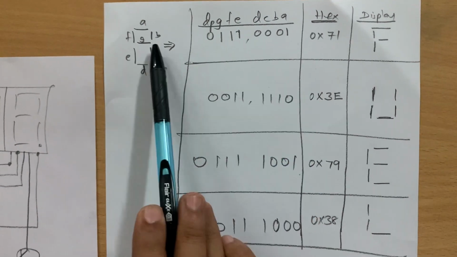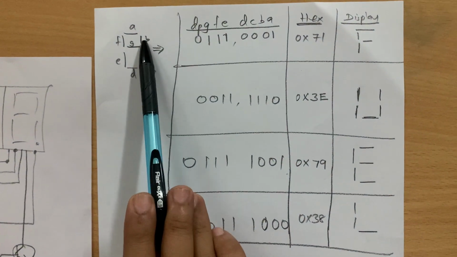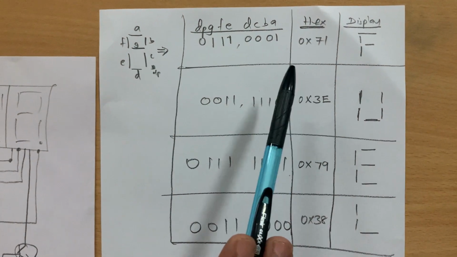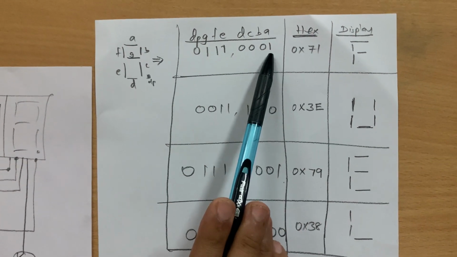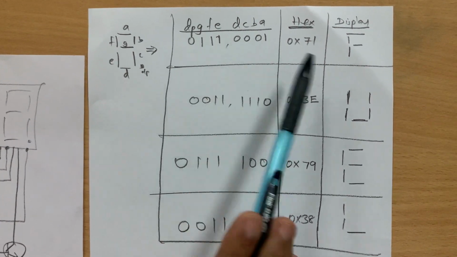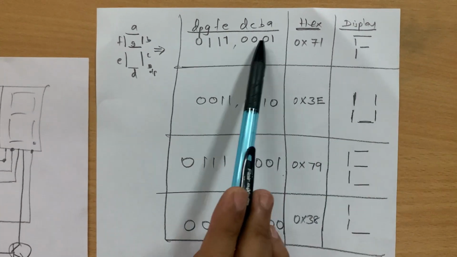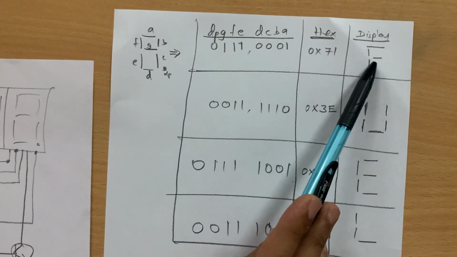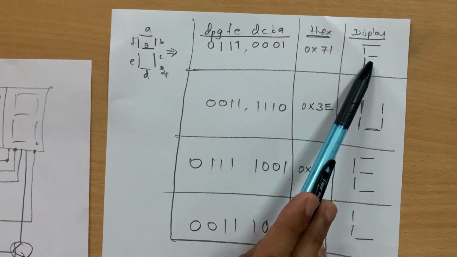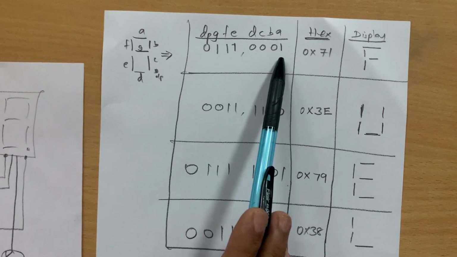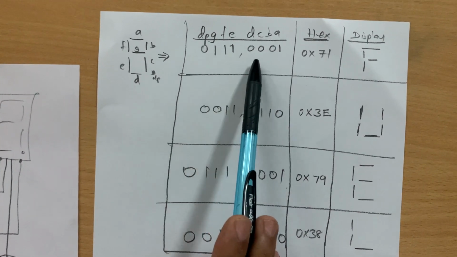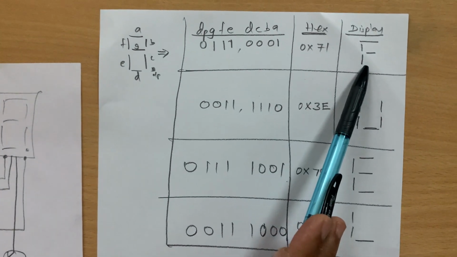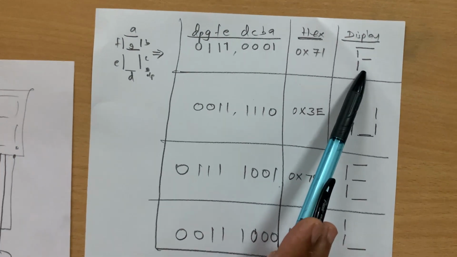So that means this is the 7-segment code where the segments are A, B, C, D, E, F, G and the decimal point, as we know very well. So to display F, A should be lit, so A is 1, and B, C, D should not be lit, so the other 3 segments are 0. E, F, G should be lit: this is E, this is F and this is G, these three segments. So the hexadecimal equivalent of this is 0111 0001, which is 71. So when you give 71, the 7-segment display will display F.